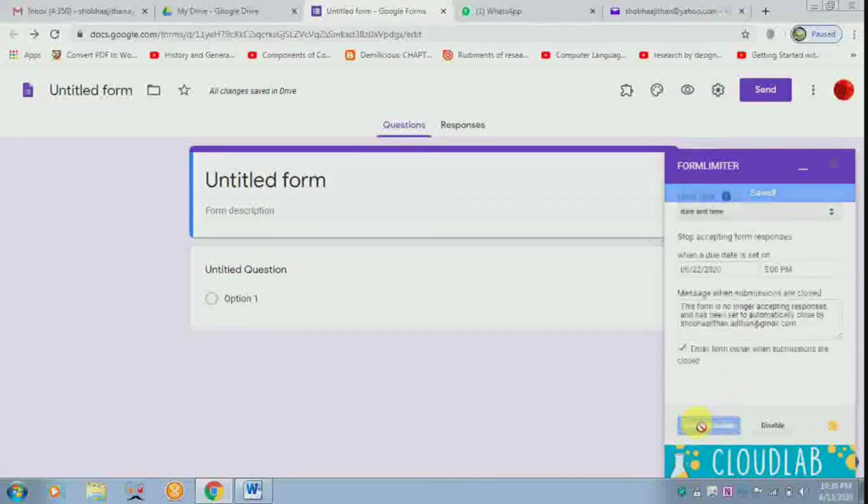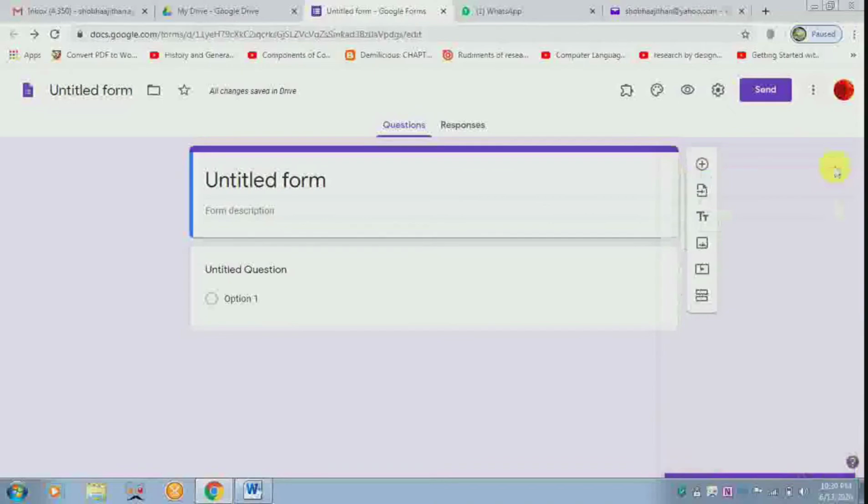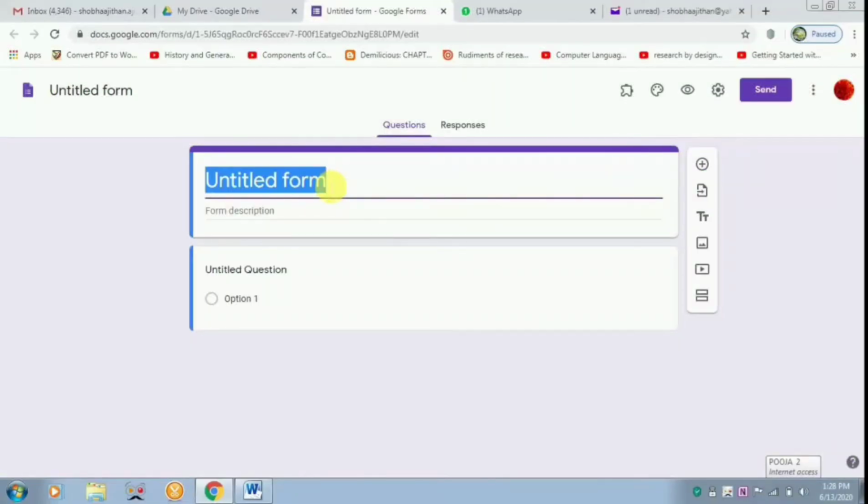Later you have to type the details. You can close it and type the details. First you are going to type it as PG and Research Department of Economics. Anything, whatever, depending upon your department, you can do it. So for the sake of the video, I am cutting it short.